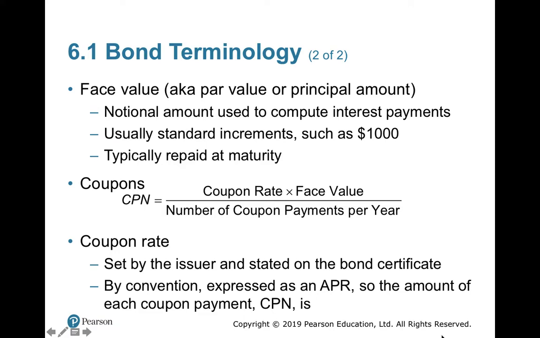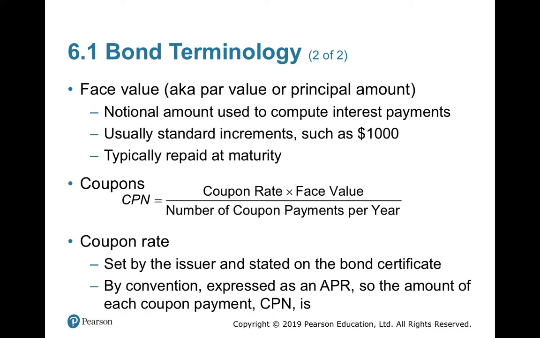So typically, this is the amount which can be referred to as the addressing amount. This is the amount on which you will calculate coupon, and it comes in standard increments like 1000, 2000, 500, 50,000, 100,000. It will not be odd amounts, it will be even amounts, and if nothing is mentioned, you can take it as 100 or 1000.